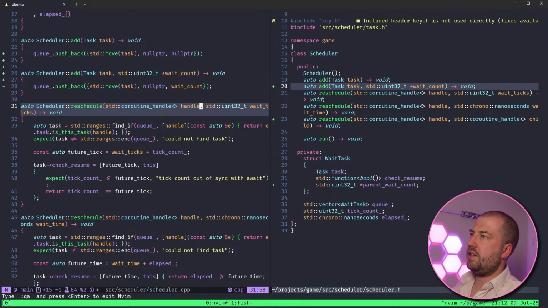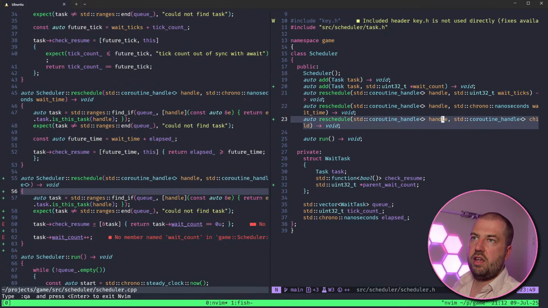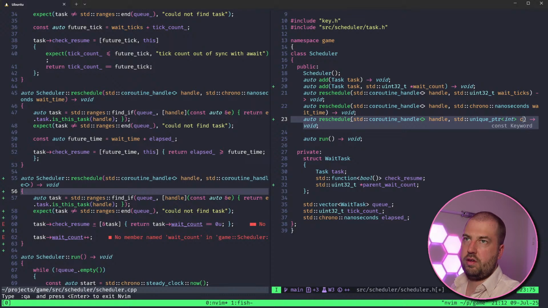So, okay, you add a task, and you say, I'm either adding a task or I'm adding a task with the wait count, which implies that it already has other tasks. And then what we do, right, std::unique_ptr<int> wait count.